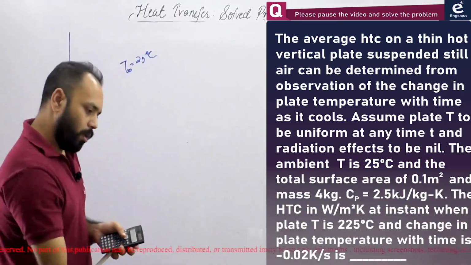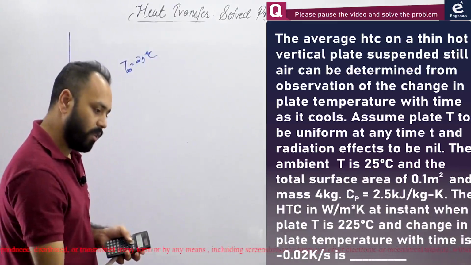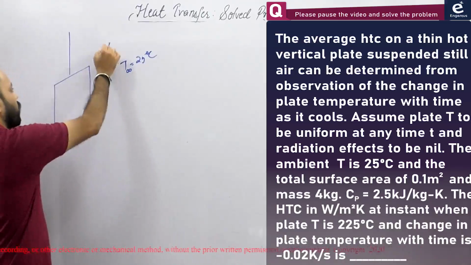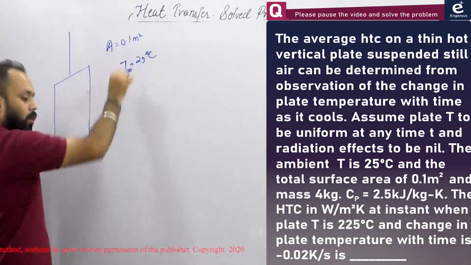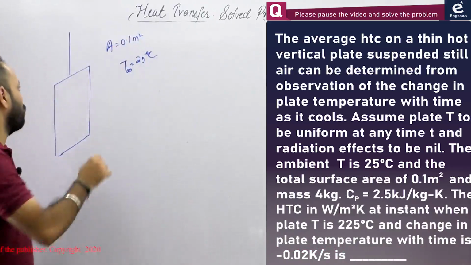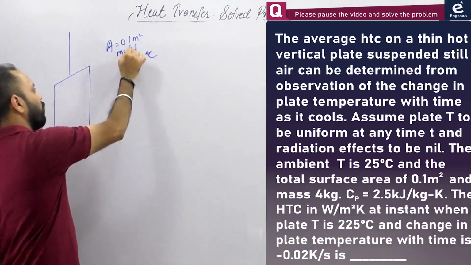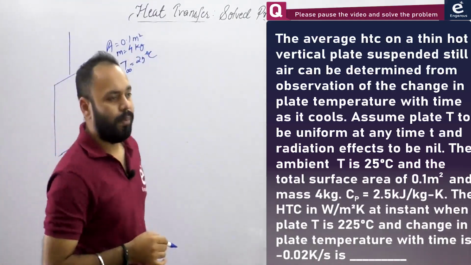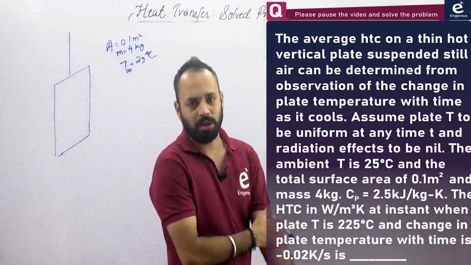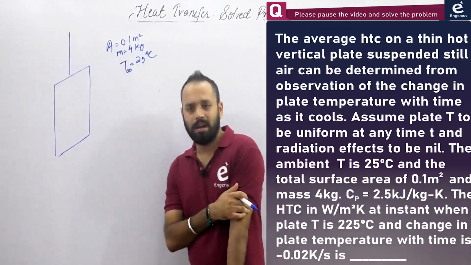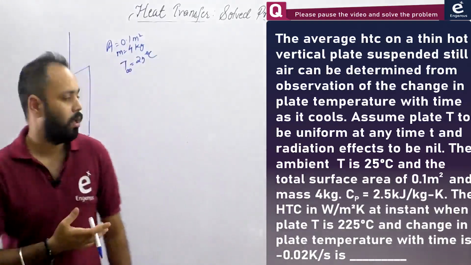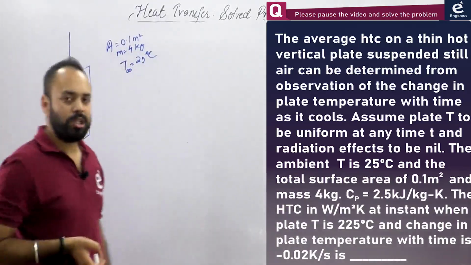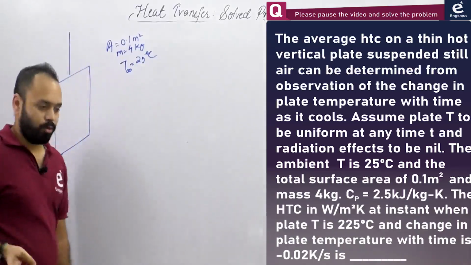Okay? The plate has a total surface area of 0.1 meter square. So area is equal to 0.1 meter square. And a mass of 4 kg. Mass is also given. Okay, the mass is 4 kg. The word total has been used here. So आप इस एरिया को फिर अब जबरदस्ती 2 से मल्टीप्लाई मत करो. अब आपको सोचना ही नहीं है whether the sides are playing role in heat transfer or not. Only these sides are playing roles and edges are not playing. I don't know. The only thing the question clearly says is that the total heat transfer area is 0.1 meter square